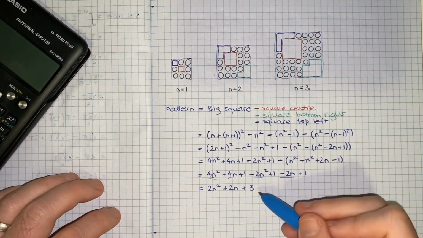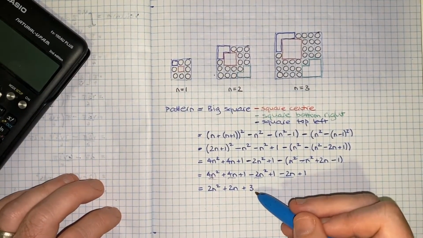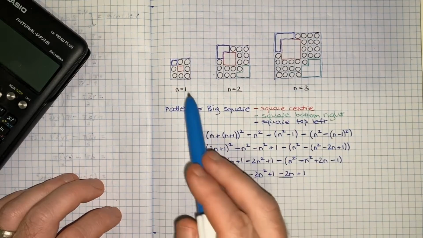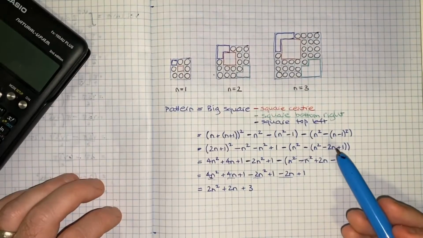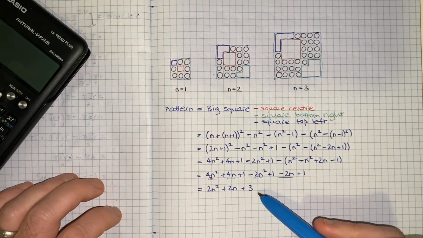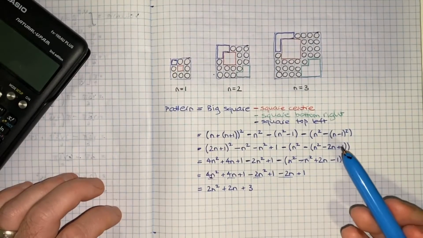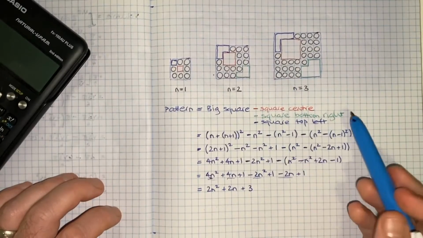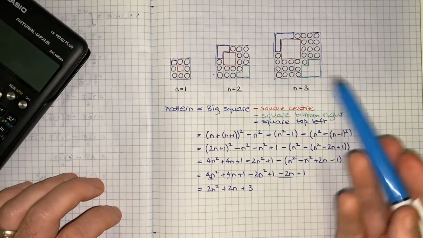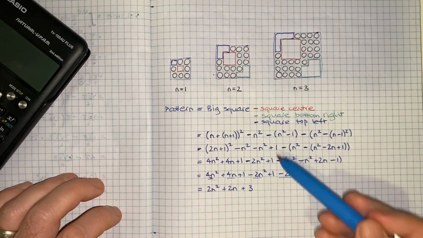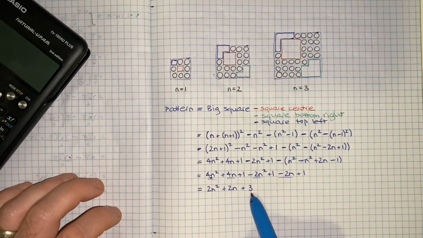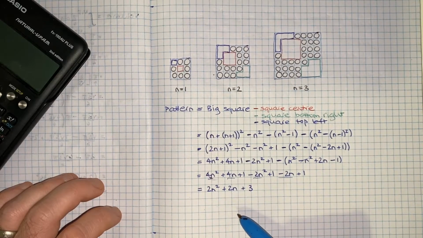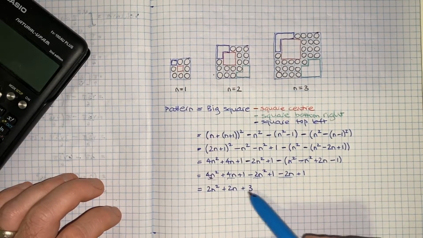Sonic boom! So that there, I think, is the formula for getting the number of circles for any value of n. I think this formula will give it to us. So hopefully, if you did take the time to try and work this out, you got to a similar thing. There's definitely no need to have done it exactly the way I did. I think there's plenty of ways you could tackle this, but hopefully you end up in the same place, which is you take n and square it, and then times it by 2. Then you take n and times it by 2, and then you add 3,